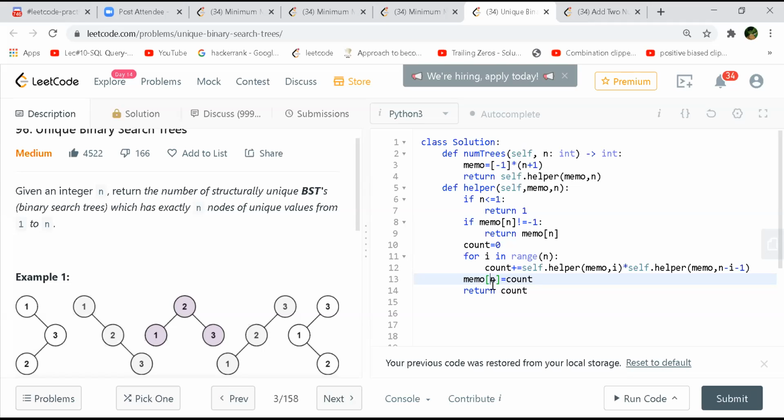Okay, but the way I was trying to do is, I take an i and then I take the start and end and then break start to i minus one and i plus one to end, something like that. But yeah, so then it can be made more generic the way you are doing it, and then that can be converted to the Catalan number implementation, right? Yeah. So that is one way we can evolve and make it more optimized. Yeah, I agree.